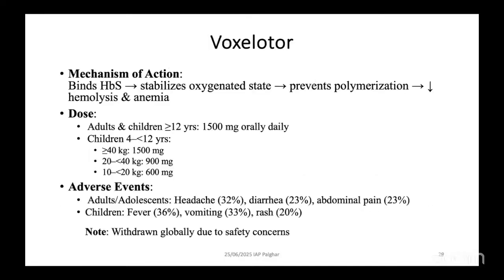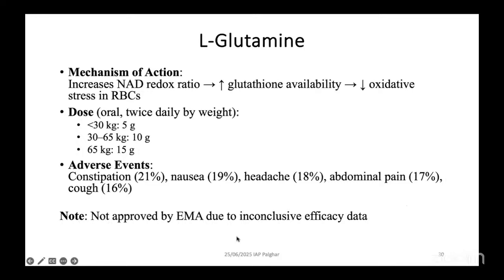Voxelotor, it binds to HbS and stabilizes the oxygenated state, thereby decreasing polymerization and helps in reducing hemolysis and anemia. It was also approved for more than 12 years of age, the dose we have mentioned, but it has been withdrawn due to safety issues. L-glutamine, which is actually